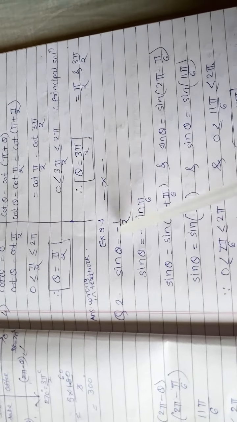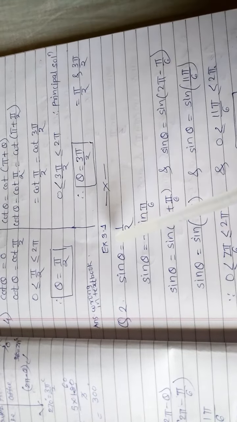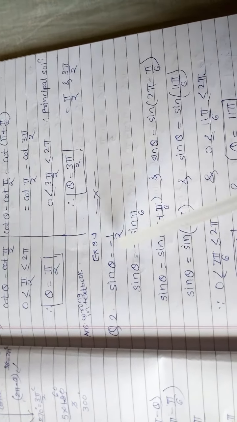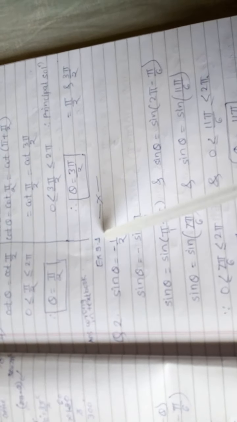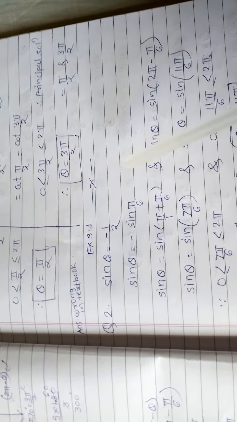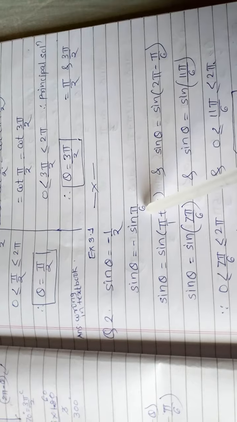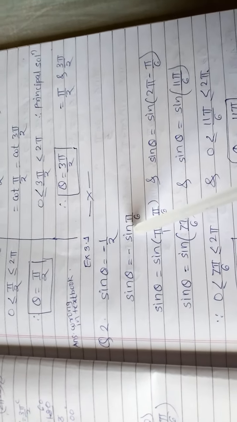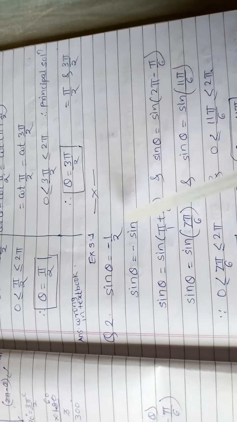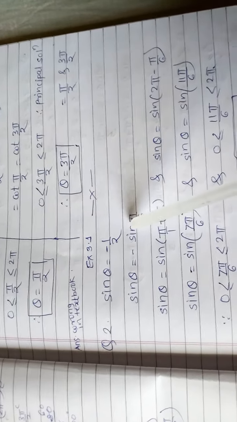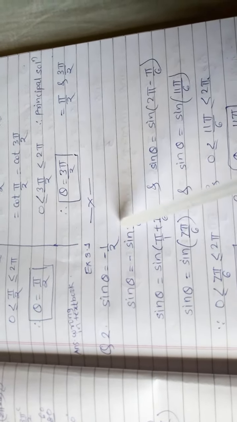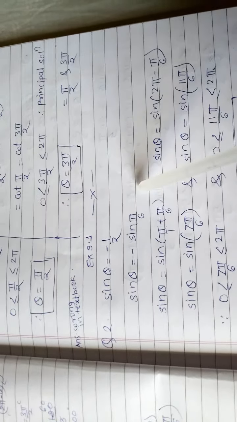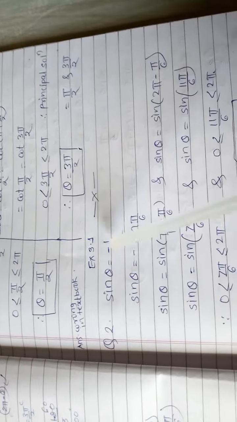Now we have to find out the principal solution, so we write sin theta as it is, this minus sign as it is, and the half value of sine has the angle 30 degrees, so we write this half as sin pi by 6. So sin 30 has the value half, so we write it in radian form, that is sin pi by 6. Now here we are given the minus value.